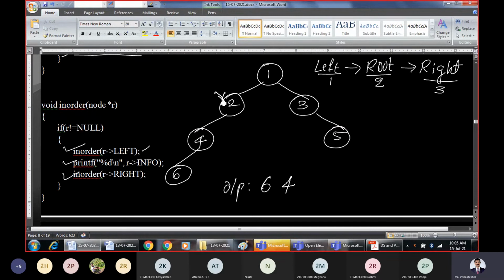Now when you come back to node 2 here, so for node 2, what is over now? Because earlier we descended down from here itself, now we are coming back to the same place. For node 2, what is over? Entire left subtree is over now. Now you have to print the root part. Because procedure says left, root, right. Left is over, now root, right, there is no right. For node 2, there is no right subtree. So we will go again one level up.